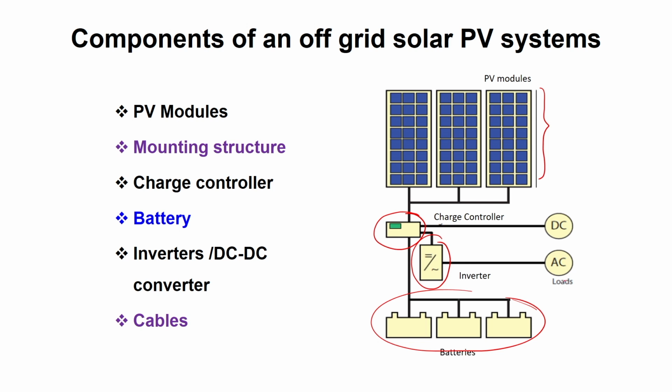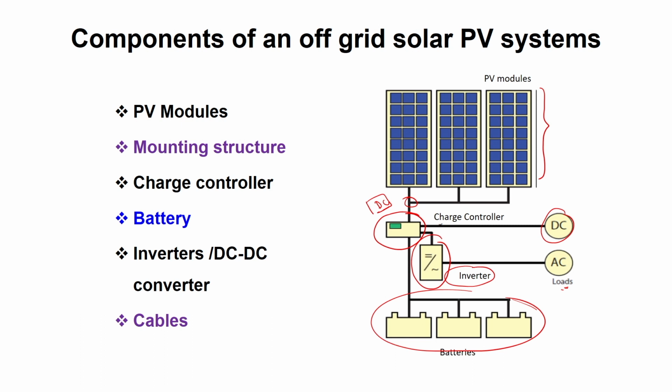If our load is an AC load, then we have to convert DC current to AC current, but if we have a DC load, then there is no point in installing an inverter, right. The energy output we get is DC, so we can convert it by using an inverter, and we have a sufficient amount of storage to meet the load